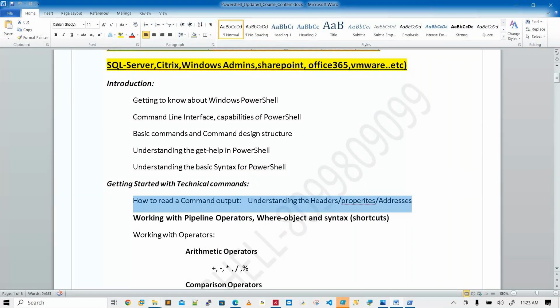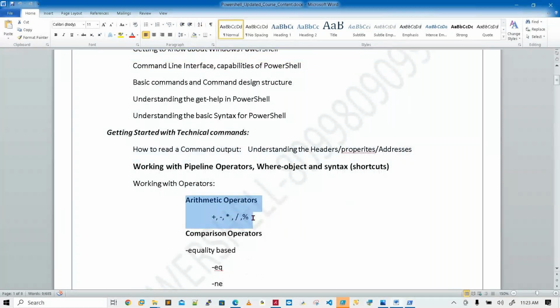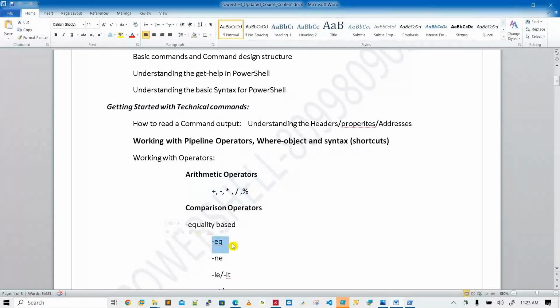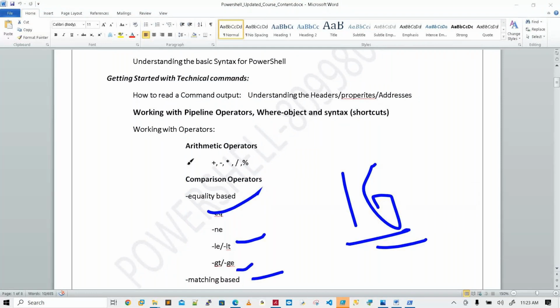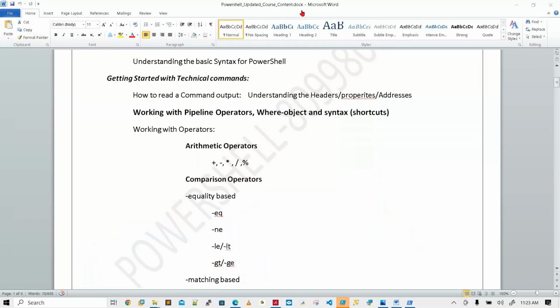Then after, we have the operators concept, which will come very first. There are 16 operators available. That is the comparison operators concept. There are a total of 16 operators, and we will learn the 16 operators in this area. Almost this will take 8 to 10 days, sir. Only these operators. Even after learning the operators, regular expression is one of the biggest confusion topics. Here you are going to learn from the roots.